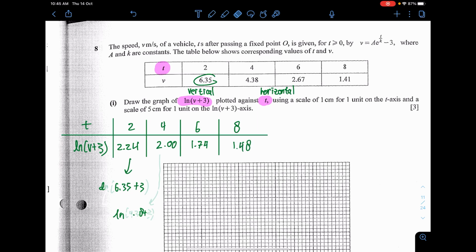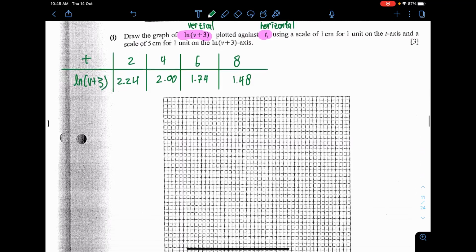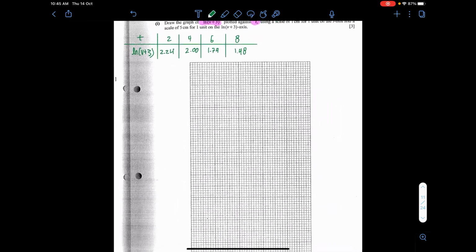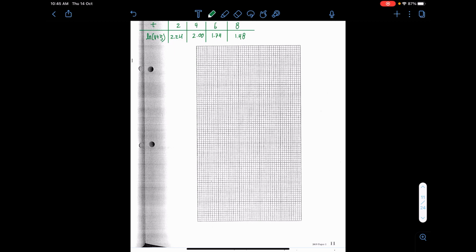Okay, I'll cancel this, I'm going to eat some space if I keep it. So that's the location, and then a scale of 5 cm to 1 unit. I don't think I can do a scaling here. Let's just try to draw it, because I can't really tell how many cm for each of these.